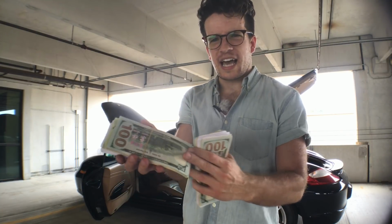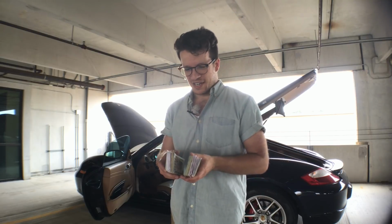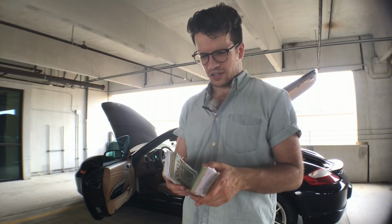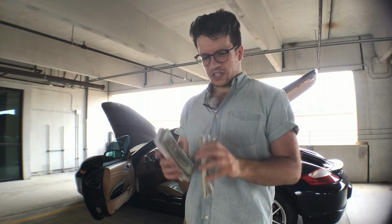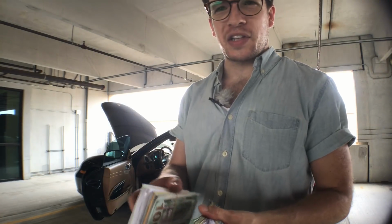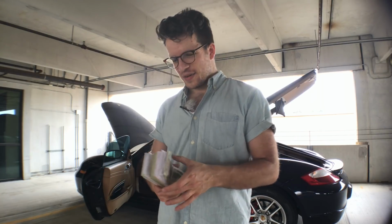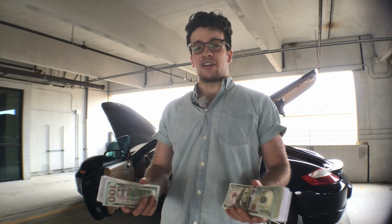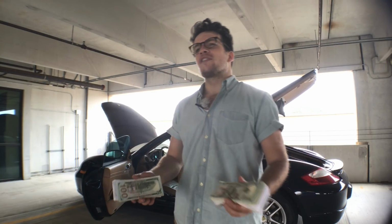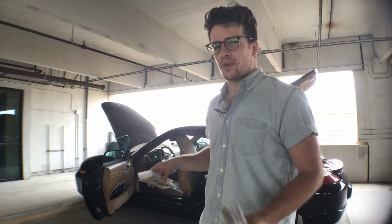When I bought this fake cash off Amazon, I thought it would come in a much bigger stack than it actually came in. It was really only like half an inch tall, or about 2 centimeters or whatever. And so I started cutting up paper, like just regular printer paper, to try to make it look thicker and get like several stacks for this video that I wanted to do, but it was taking forever. So that's why I changed the premise of the video, because the main point of the video was to just show the cool little storage spaces that are all over the Porsche Cayman,